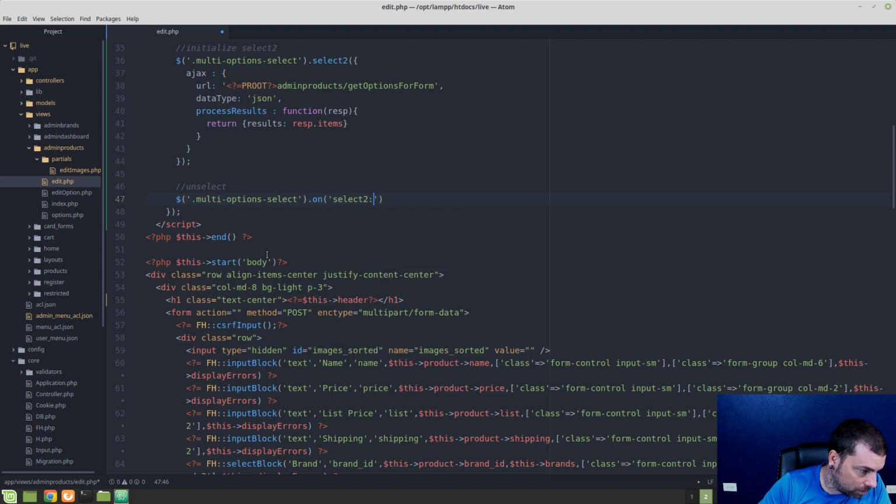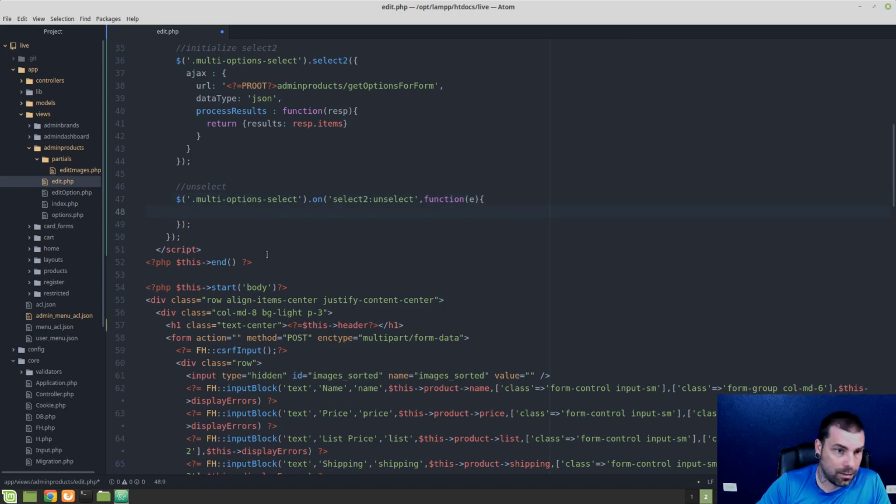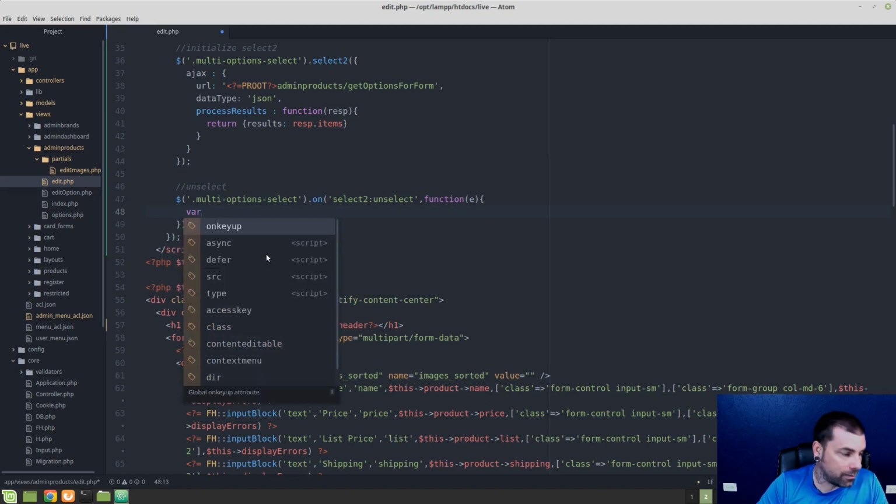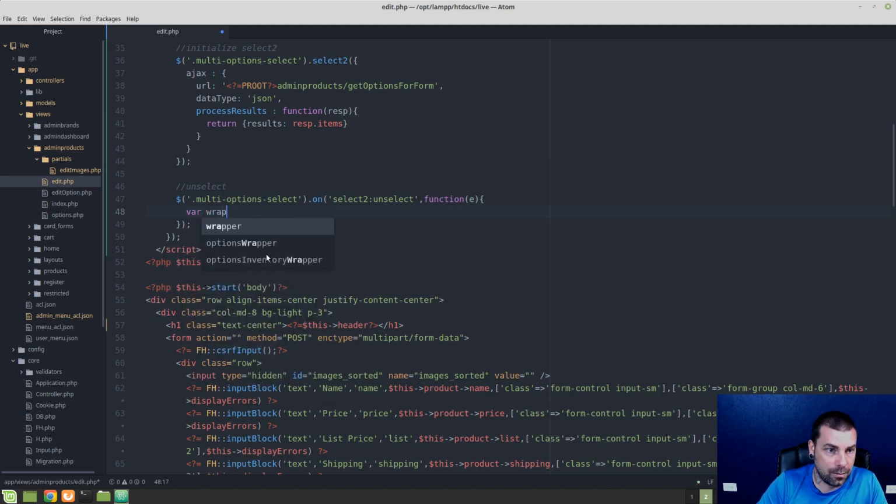so this is adding an event listener, so on select2:unselect. That's an event listener they added. So select2:unselect. Then we're going to run a function. We'll pass e into that, and that's going to be an anonymous function there. So inside of there, all we're going to do is find that wrap. So we're going to say var wrap is equal to document.querySelector,